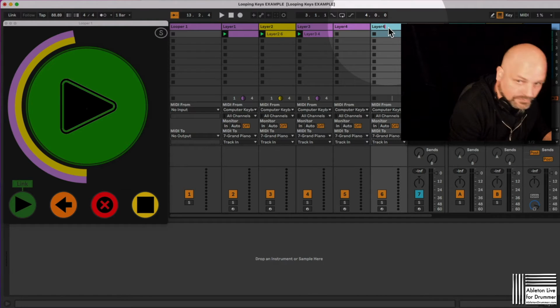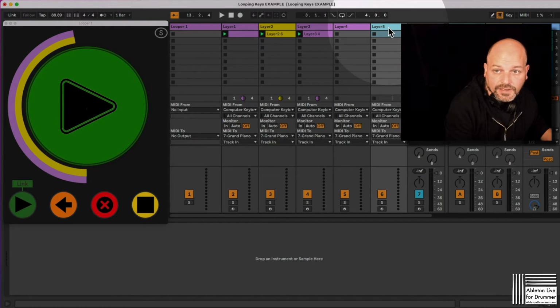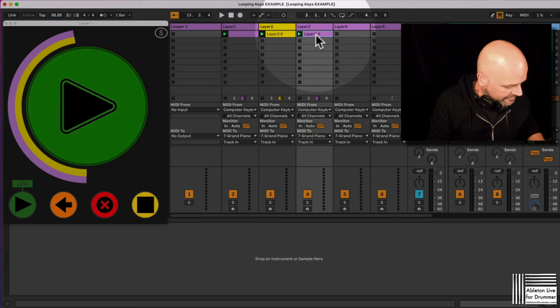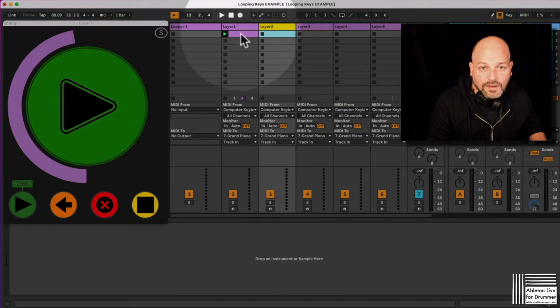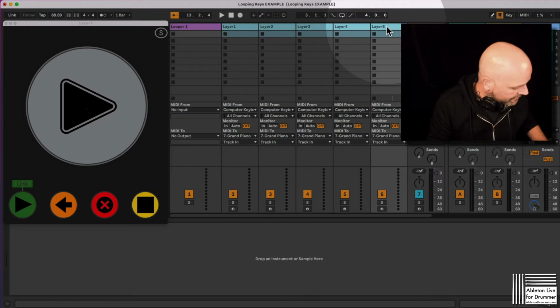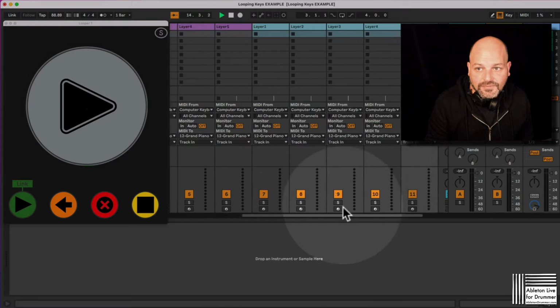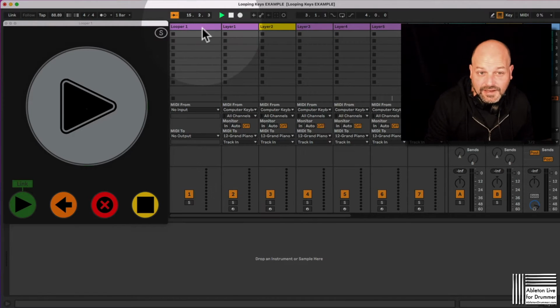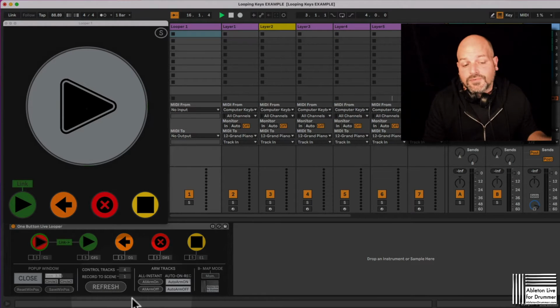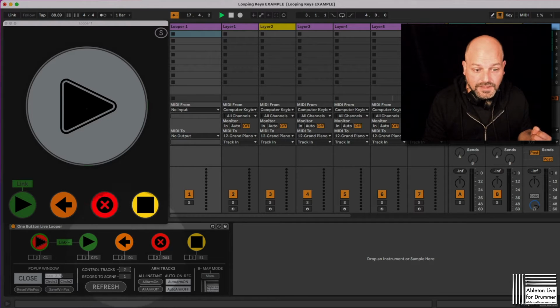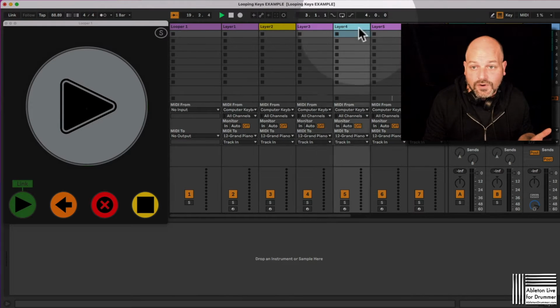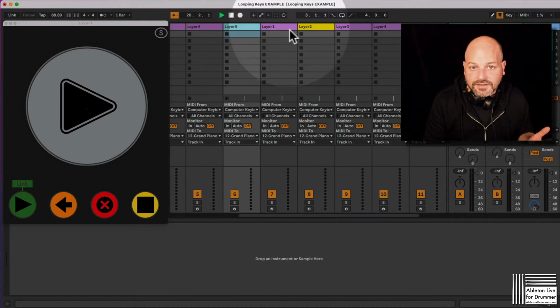you know, if I now set up, let's duplicate all those layers, meaning tracks in this case. So I now have 1, 2, 3, 4, 5, 1, 2, 3, 4, 5. So I got 10 layers in total, and this would be the default setup when you're opening up the device. Control tracks would be on 10. So now I can control 1, 2, 3, 4, 5, and 6, 7, 8, 9, 10 tracks here via this